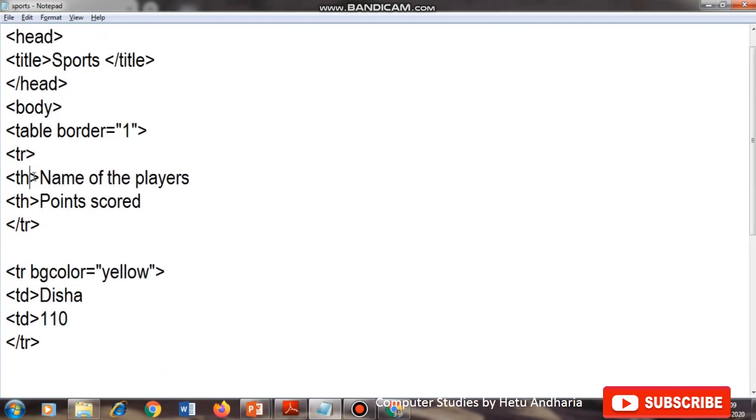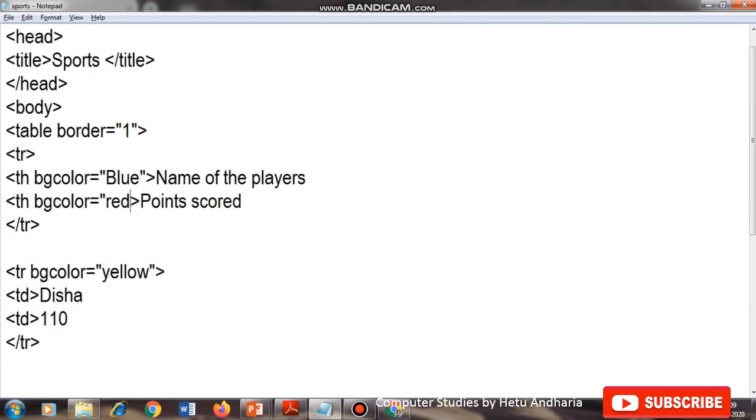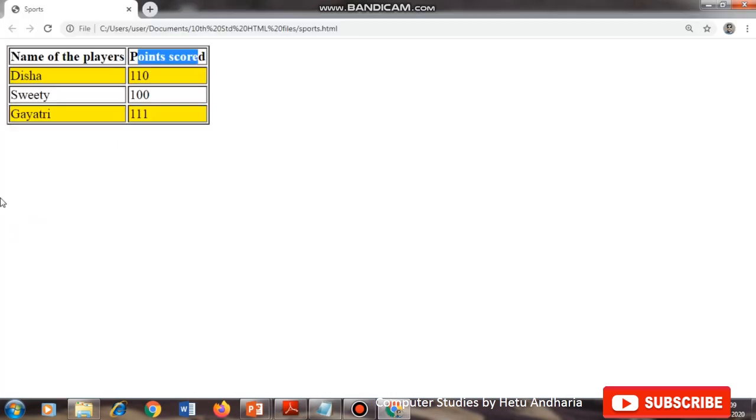I will have to go to this th, and here I will type bgcolor is equal to blue, and in the next tr I will type bgcolor is equal to red. So you can see, this way you can change the color of any row, or you can also change the color of any specific cell.